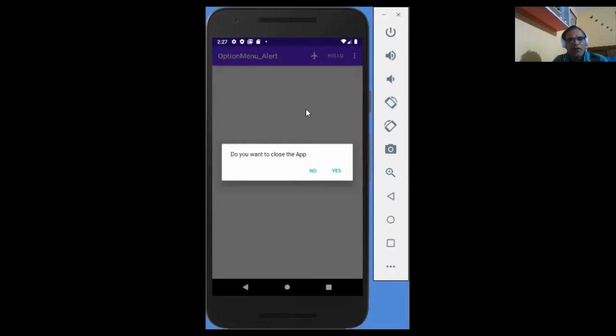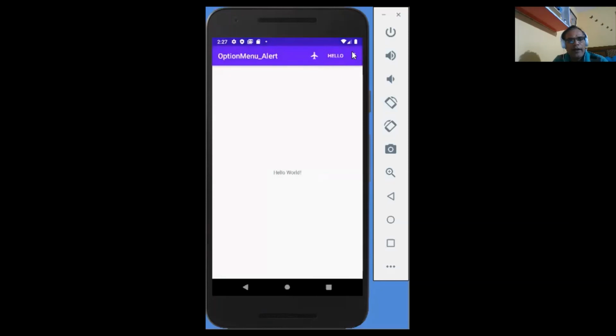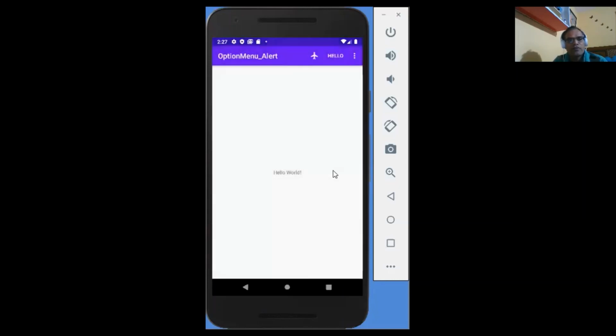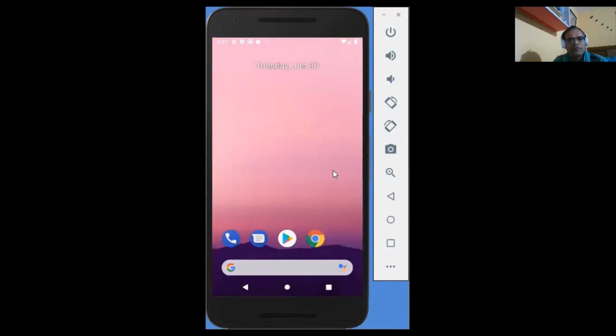Now if we click anywhere on the screen, it will not disappear. And if we click on the no button, the dialog box will close. And again if we click on the close button and then click on the yes button, the application will be closed. I hope you understand.